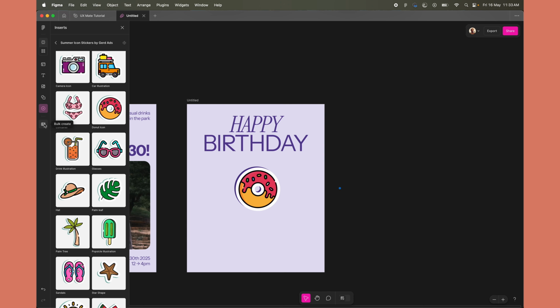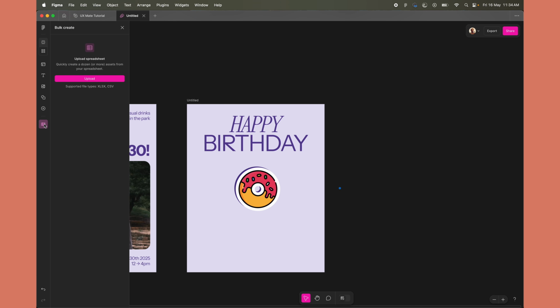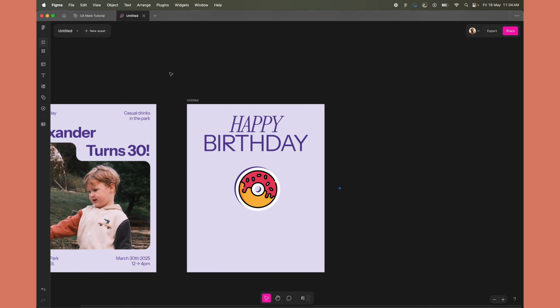And the cool thing is basically bulk create. Bulk create is where you can upload an Excel sheet. If you don't have any Excel sheet, you can use Google Sheets to create the Excel sheet which you want. If you have images, you can add everything in the Google Sheets and then export it as an Excel or a CSV file, and then just select it here. And then once you upload or select any Excel sheet, you can tag all the text elements here. I'll create a dedicated tutorial on how to use bulk create in the Figma Buzz,